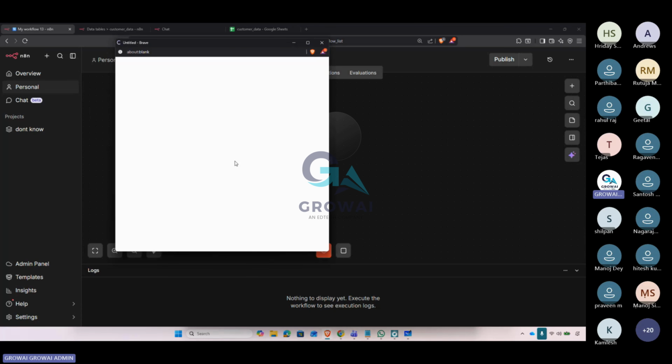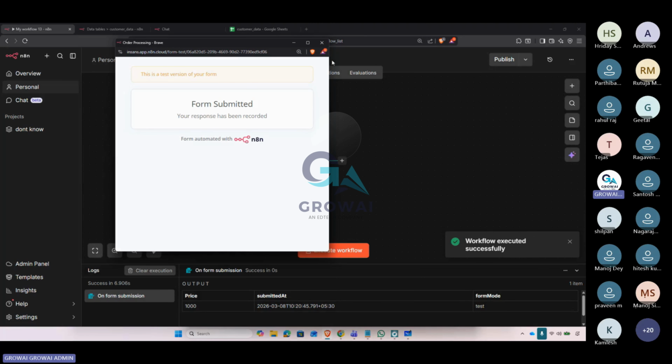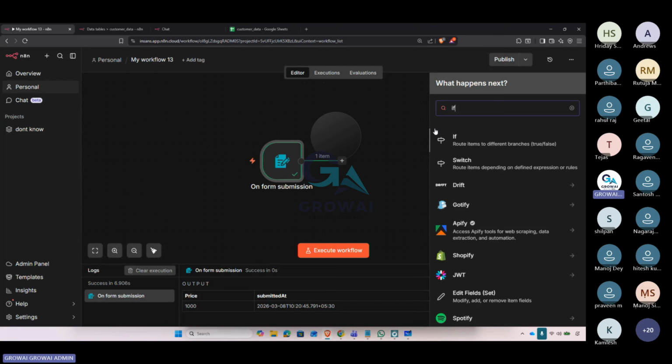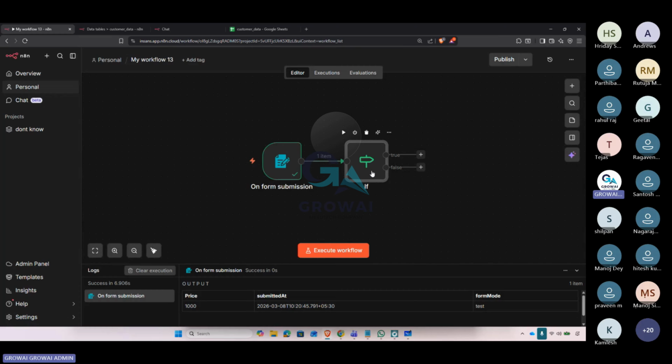We'll just verify how the form looks. So here we can enter our value. Okay, so now we got a number here. We'll make sure if it is above 1,000, it will go for approval. If it is below it, the order will be processed automatically. Here, you can search for if condition. You will get something called if true or false. So this has to be connected, as I told, to the output of